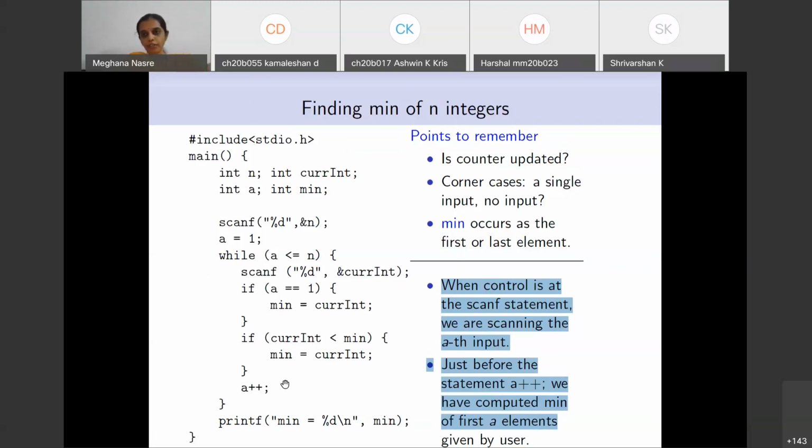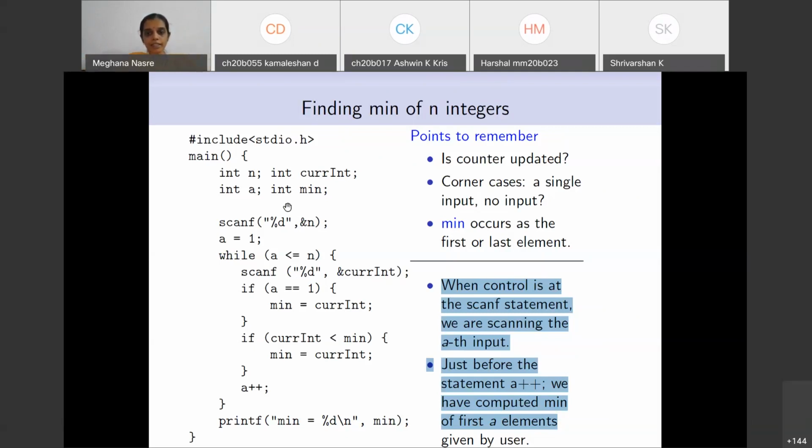So if you are executing it for the first time, the values are different. For the second time, for the 10th time, the values are different. However, there are some invariant properties about this loop. That is why it is called a loop invariant. And these are important because when we execute programs that have loops, the variables are changing, but our program has some behavior which is most likely guided by what we think of when we are designing this.